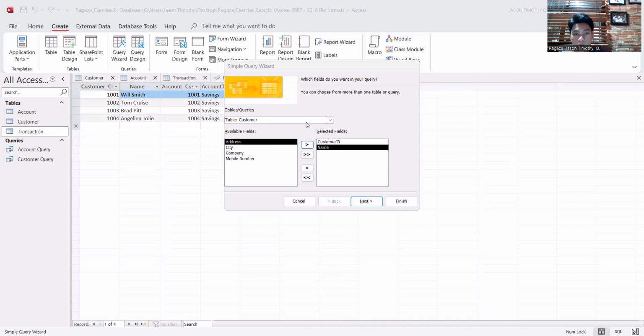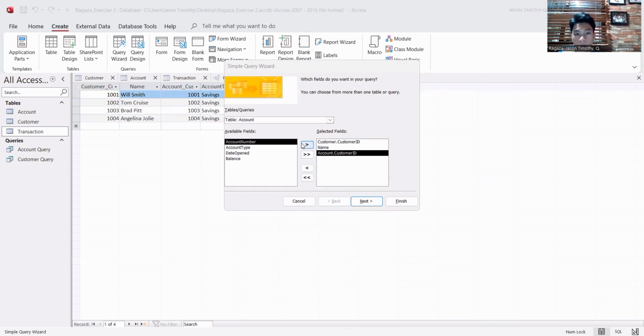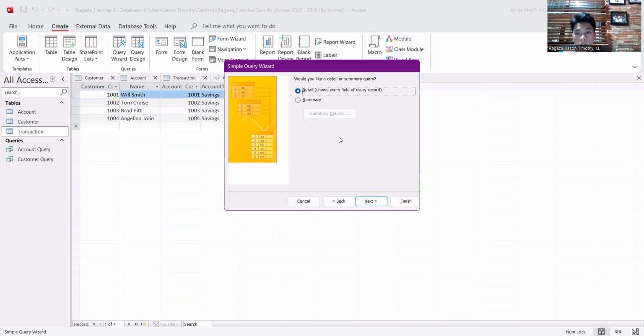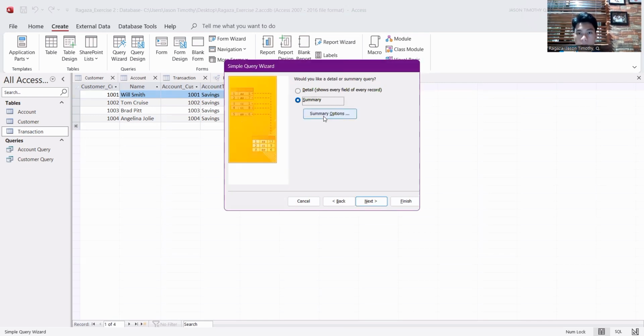We're going to move over to the account and then choose the customer ID, name, and then the balance. And then I'm going to select on next, and then we're going to the summary options this time.